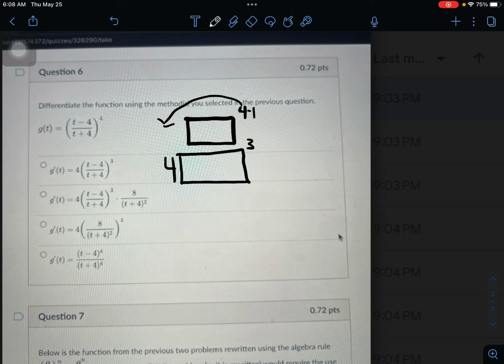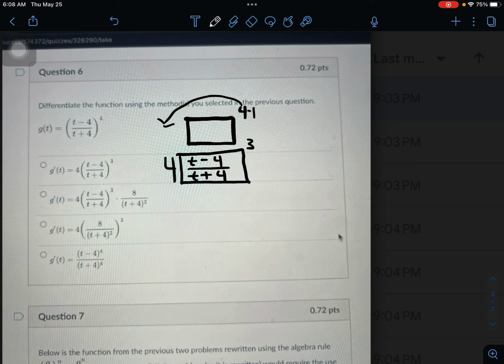Well, we have to evaluate that at the inside function. That's your chain rule. Take the derivative of the outside function, evaluate it at the inside function. Well, the inside function is this stuff right here, so that goes in your box: t minus 4 divided by t plus 4. Okay, that's the first part of your chain rule. Take the derivative of the outside function, evaluate it at your inside function,